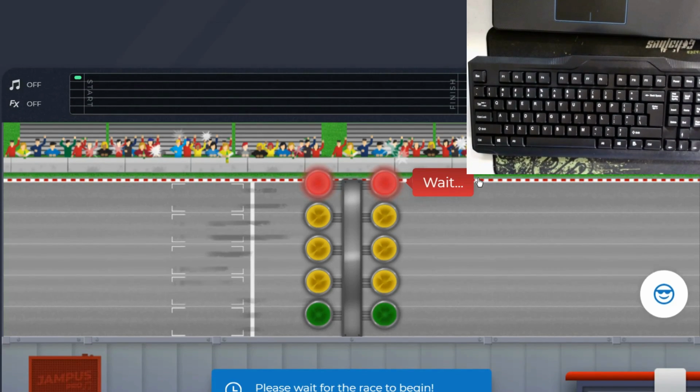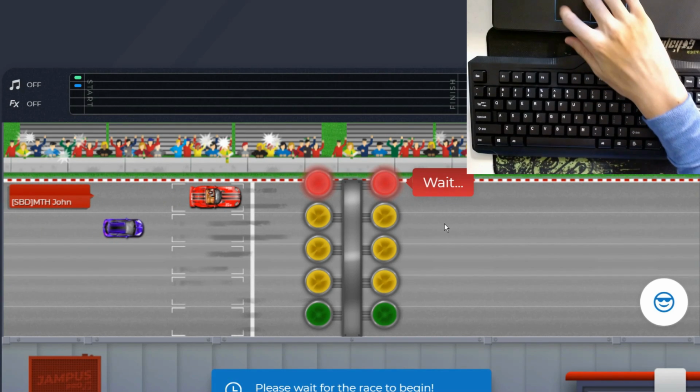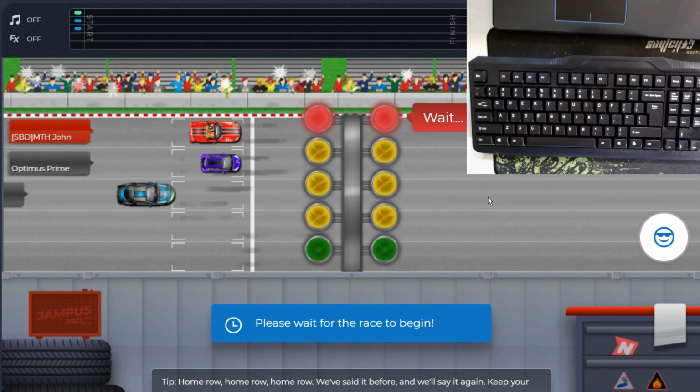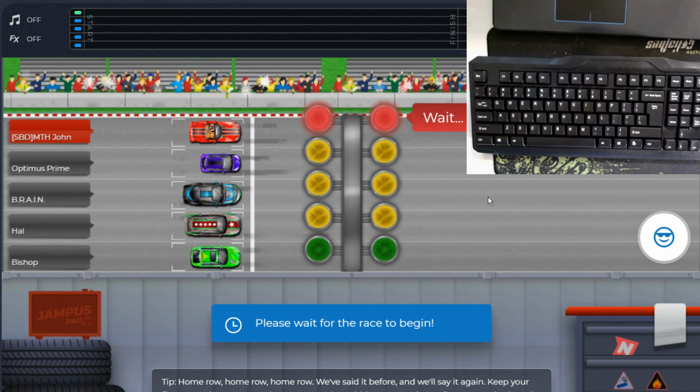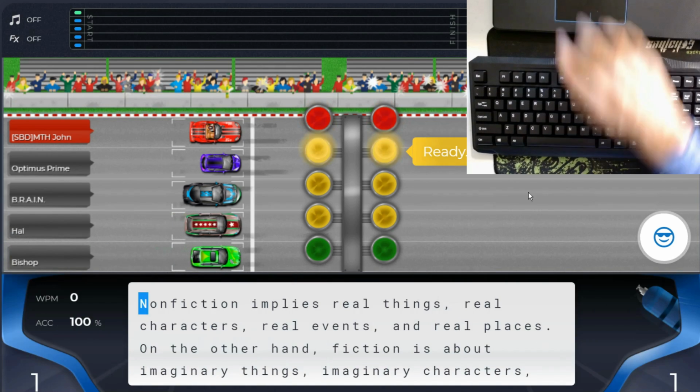Another thing with both of the keyboards that I've shown so far is I can't slide my fingers from one key to the next, which I'm used to doing on my laptop, and I can do on most mechanical keyboards, but